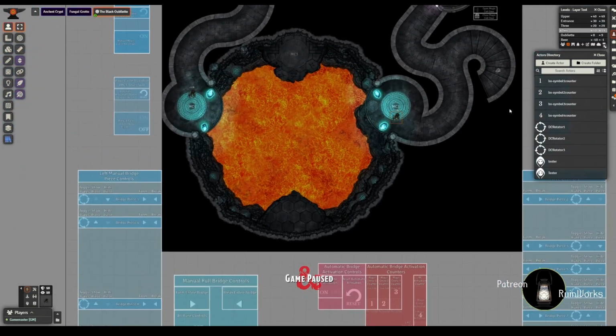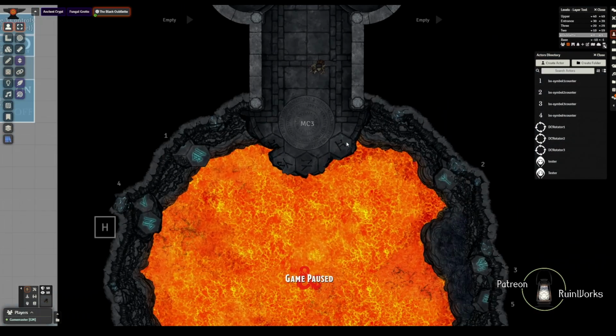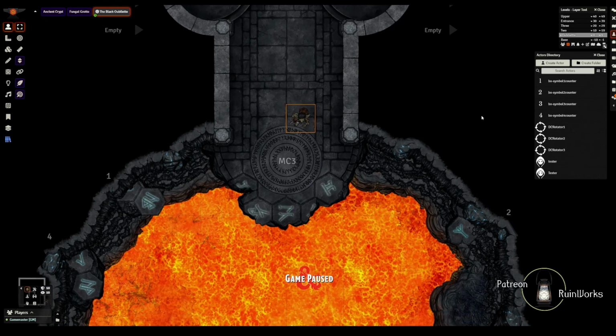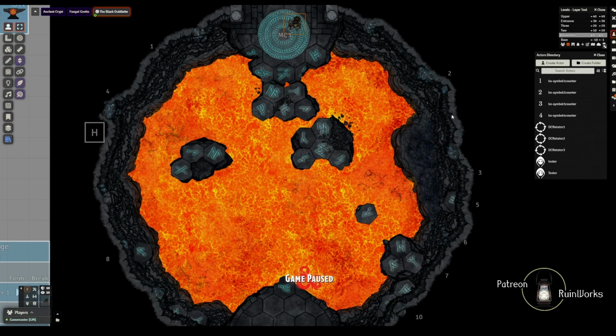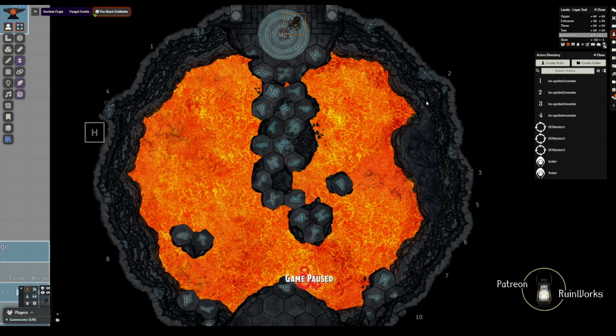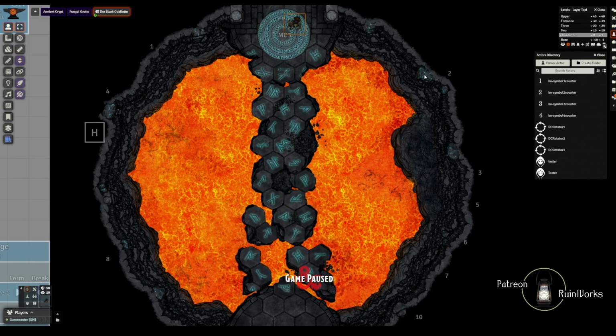So why don't we do that quickly? We'll go down to the Oubliette level, move our token into the circle, and we can see the bridge now forms. All those runes that started to glow in the walls when we stepped in the magic circles all now get pulled into